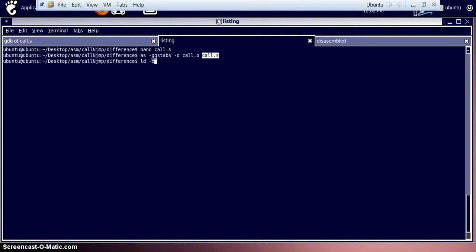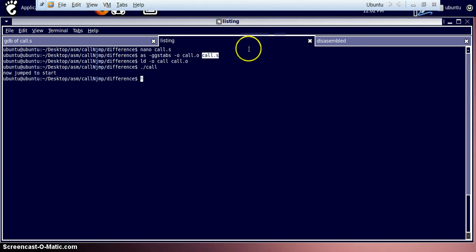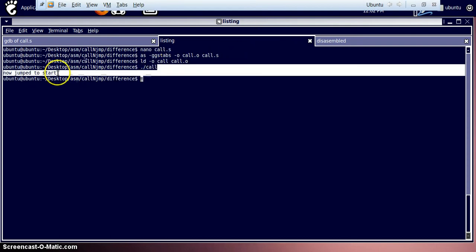So now link it, create a final object file from the object. So as soon as we run the program, see what we got.